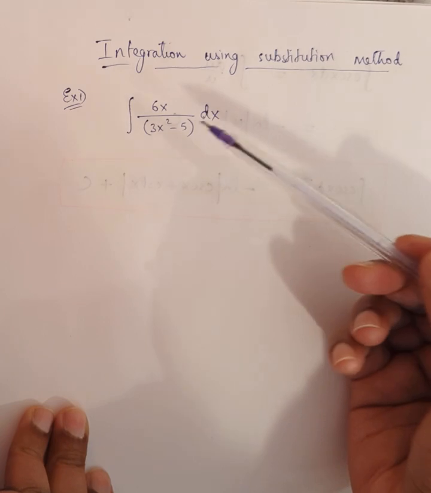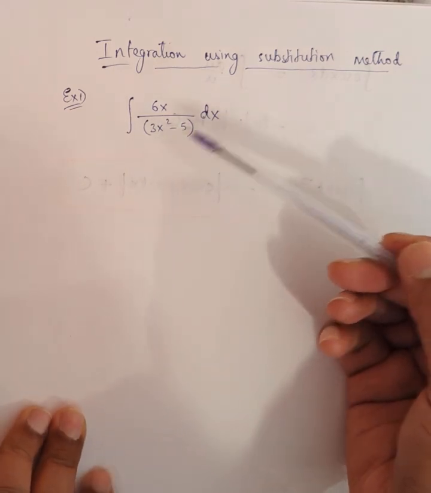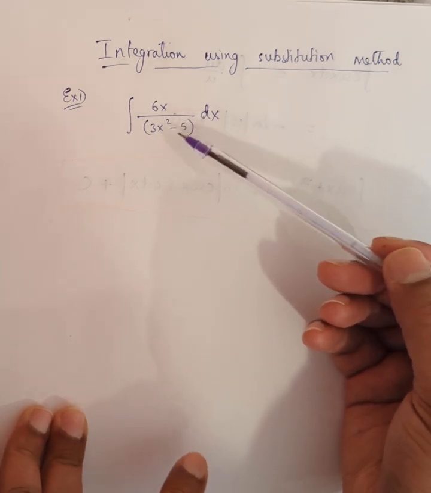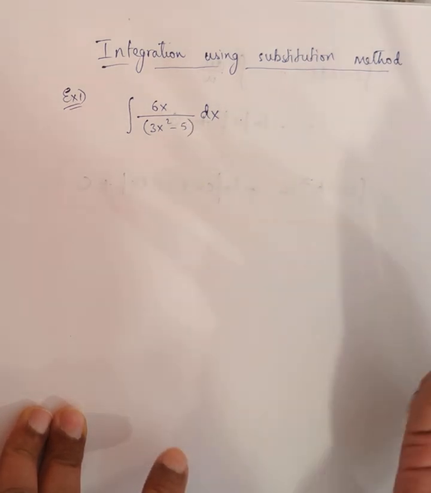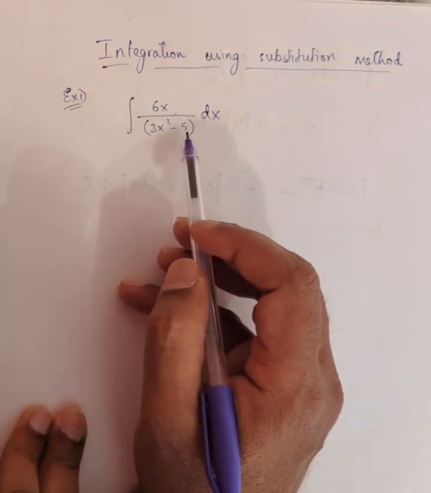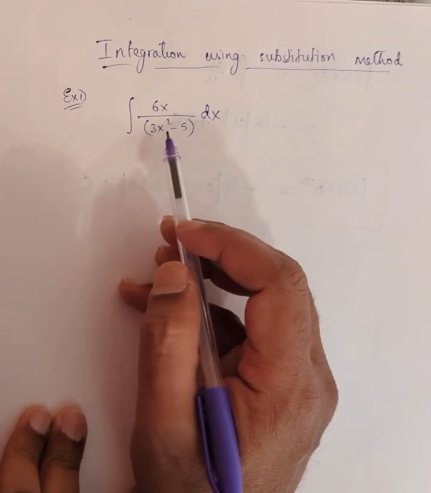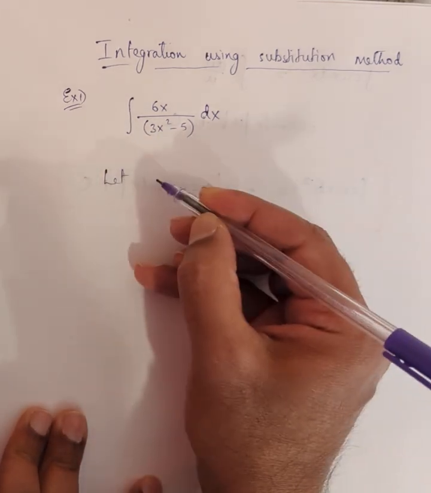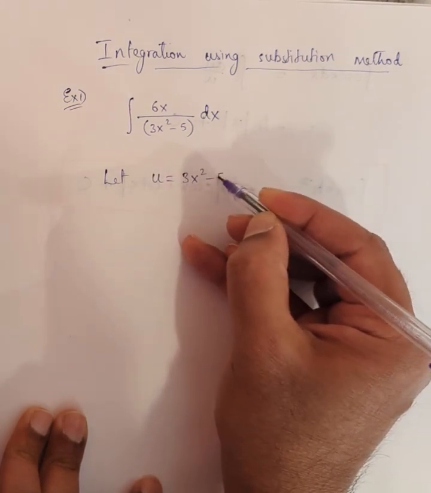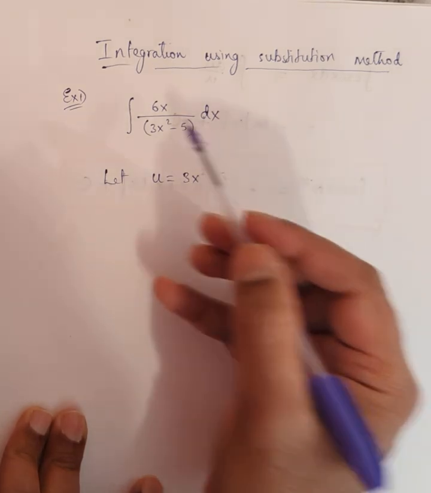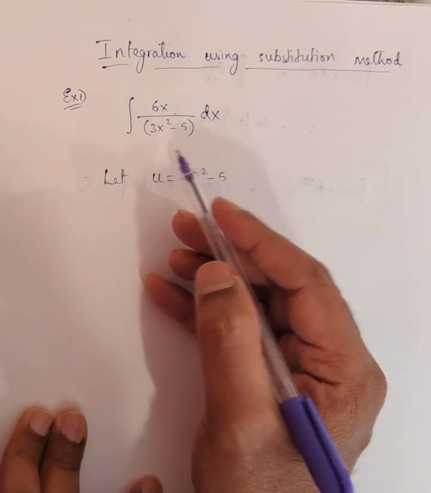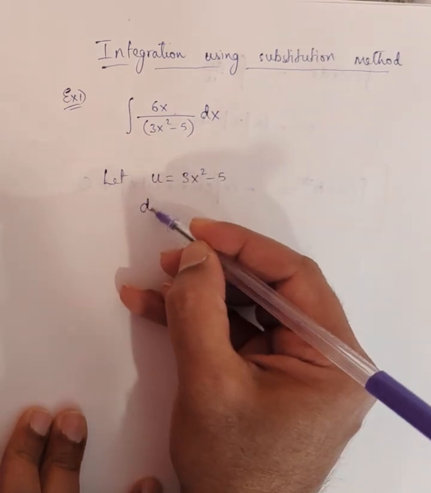Now, if I had to take the derivative of this, I could apply the quotient rule. But there is no such thing for integration. The other thing I notice is if I focus on the denominator and I want to replace that with some other letter, u equals 3x squared minus 5, then I notice that the numerator is the derivative of this denominator. So du over dx would be